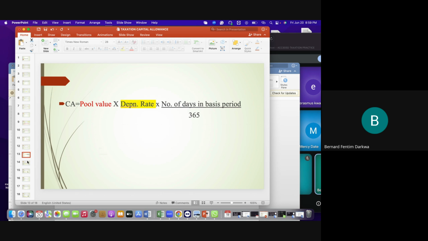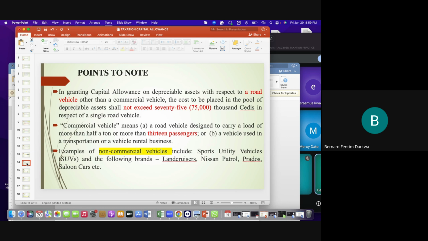So we have points to note. Let me talk about these points to note briefly. There we go. Now you can calculate capital allowance. This is the formula: capital allowance equals pool value times depreciation rate times the number of days in the base period over 365 days. Now let's talk briefly about this one. Point to note, when you are